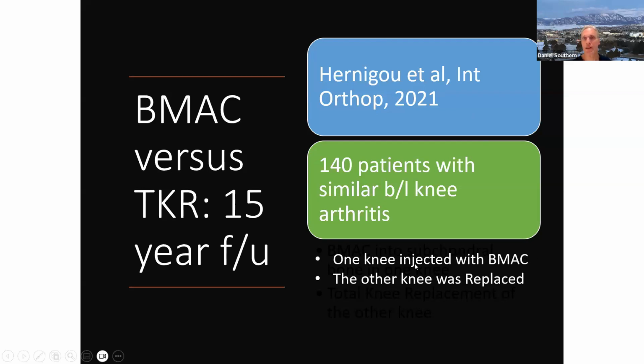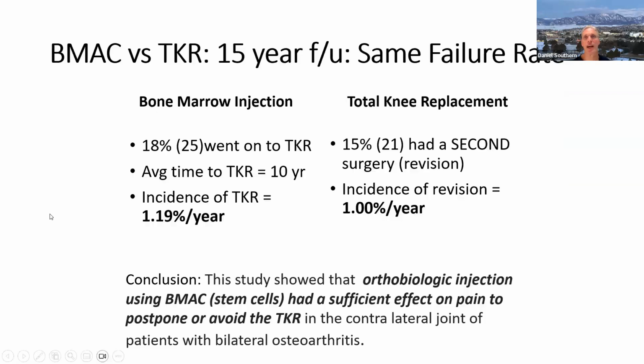The other knee was replaced. He did that replacement, and he injected the other knee with the patient's bone marrow and then followed them for 15 years. And this is what he found. The failure rate in the knees injected with a patient's own bone marrow was exactly the same as the failure rate in the knee that was replaced with a prosthesis. And that totaled about 1.19% per year in the bone marrow group and 1% per year in the total knee